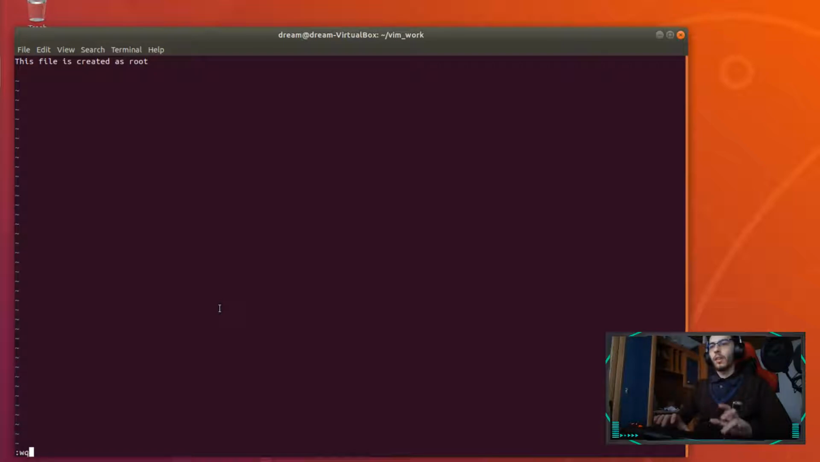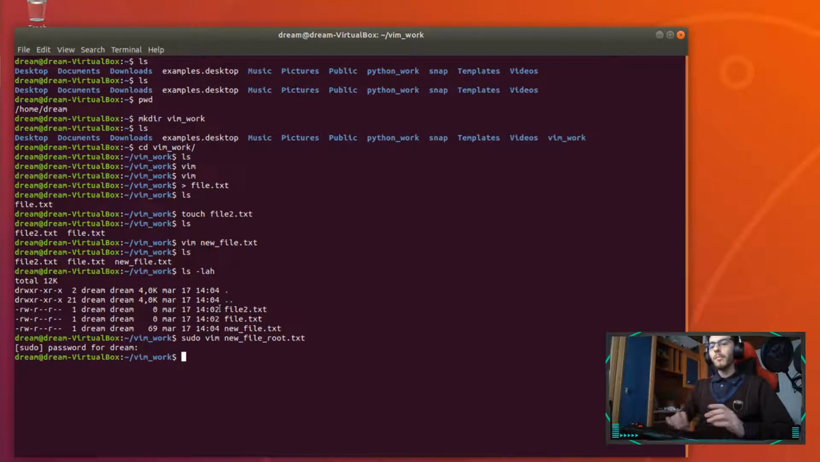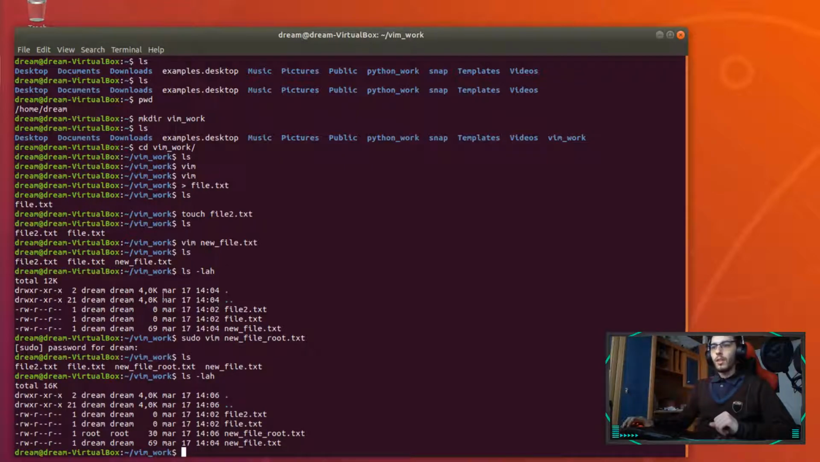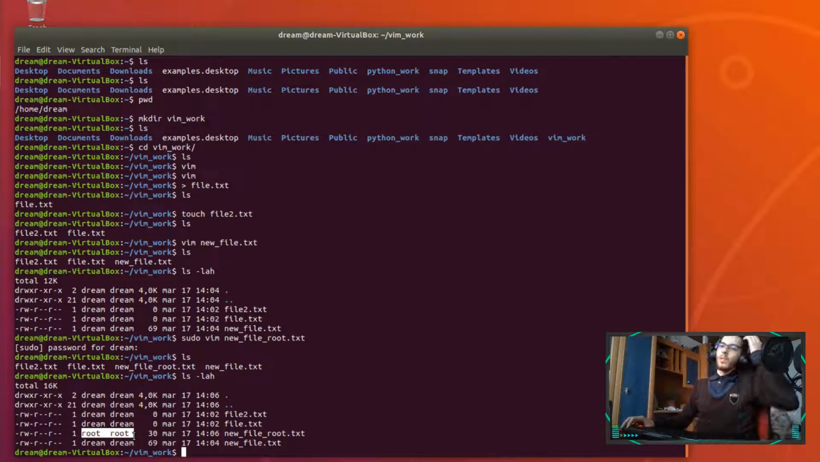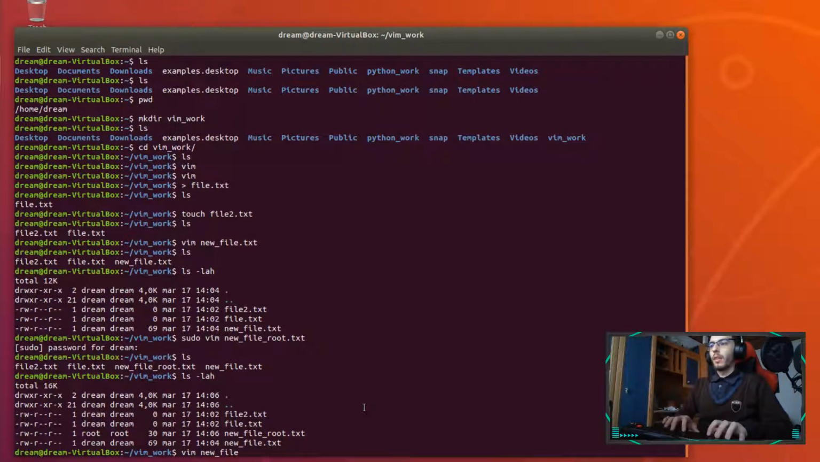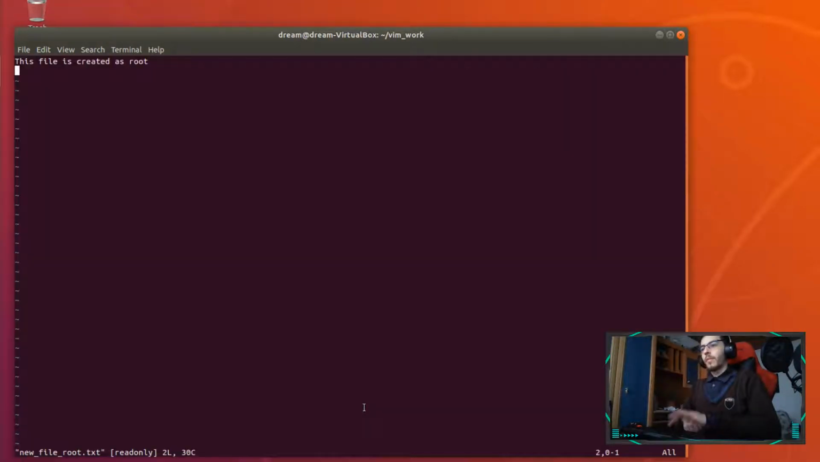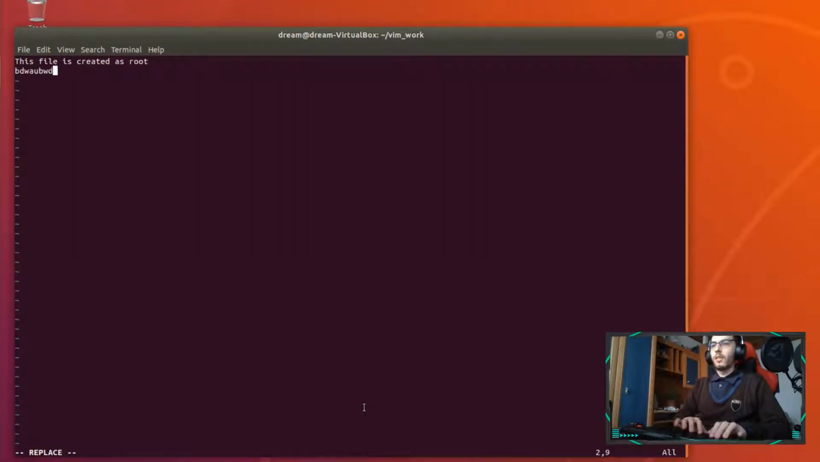Escape, and we're going to save this file. You can also save and exit at the same time by pressing WQ. We're going to see that we have two files, and when we enter ls -lah here, we're going to see that new file root is created as the root user. So we can also open vim new file root. We can do that when we want, and we can read it, but if you want to try to edit this and save